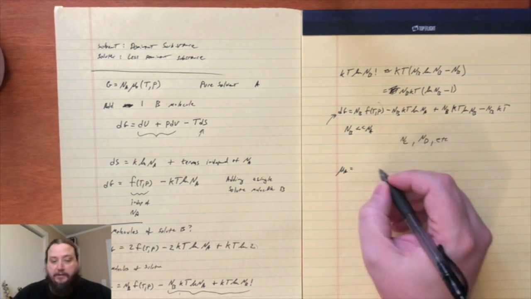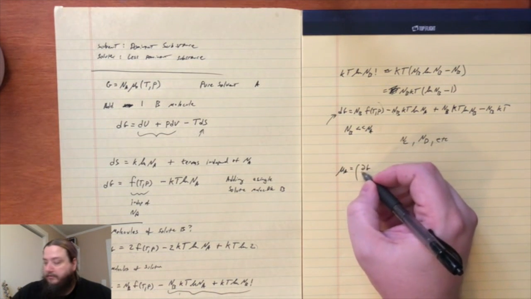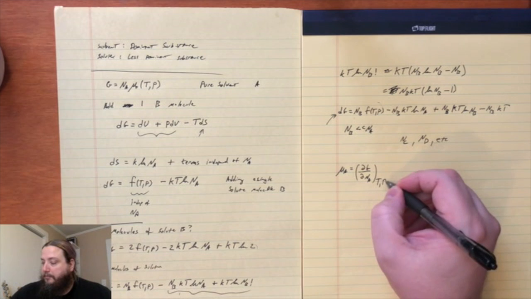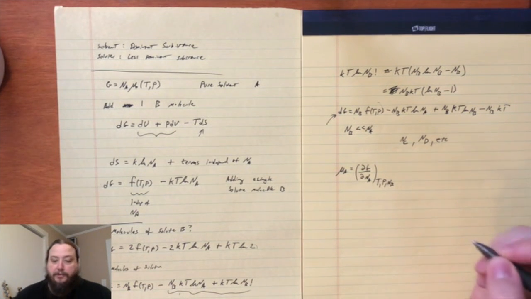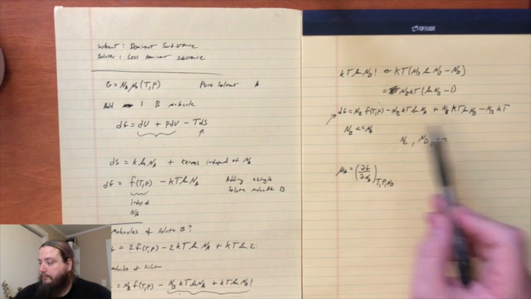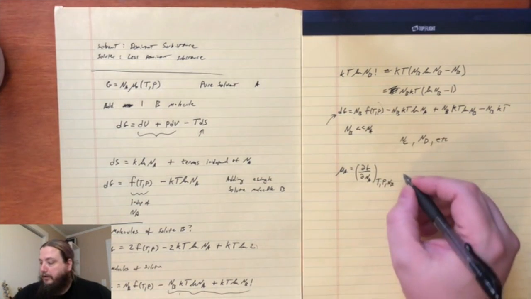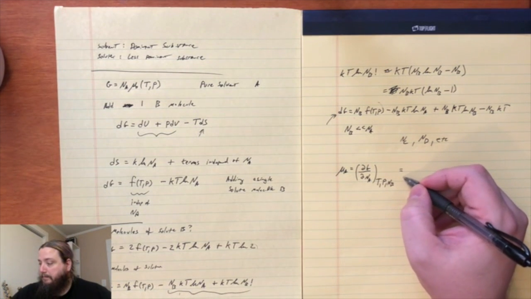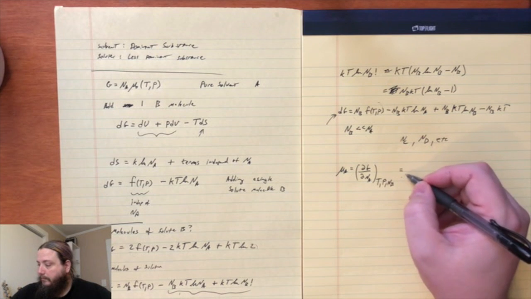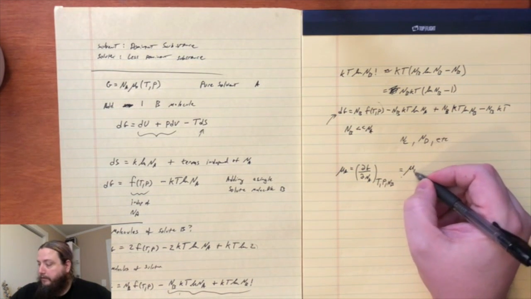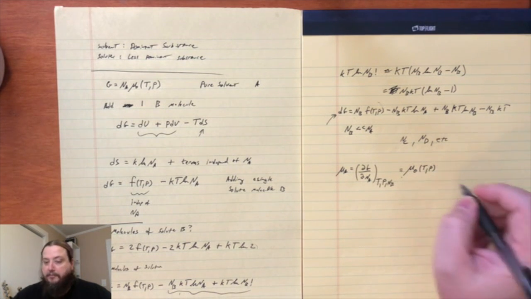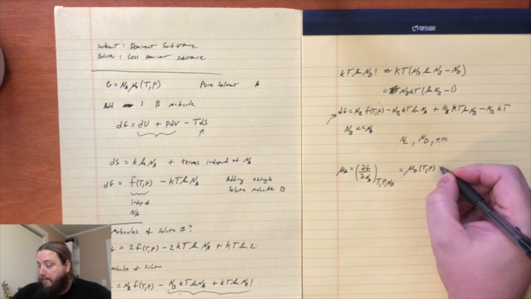Mu A here is going to be the partial derivative of G, our Gibbs free energy, with respect to NA, holding temperature, pressure, and the number of solute molecules constant. And so if we look up there, that's going to be our original chemical potential of our pure substance at that temperature and pressure, minus,